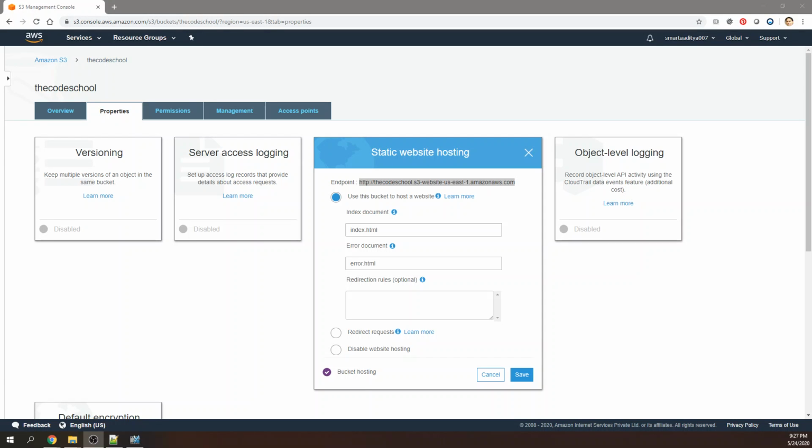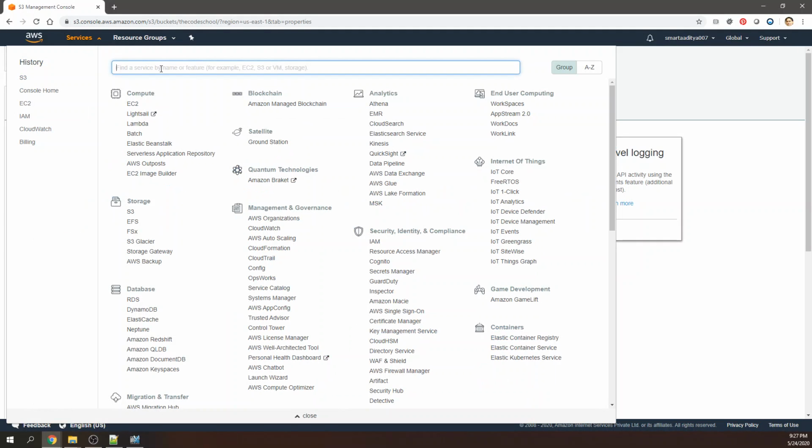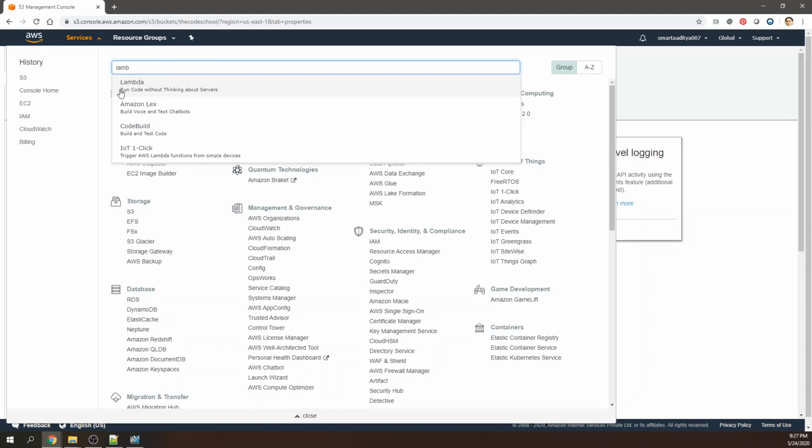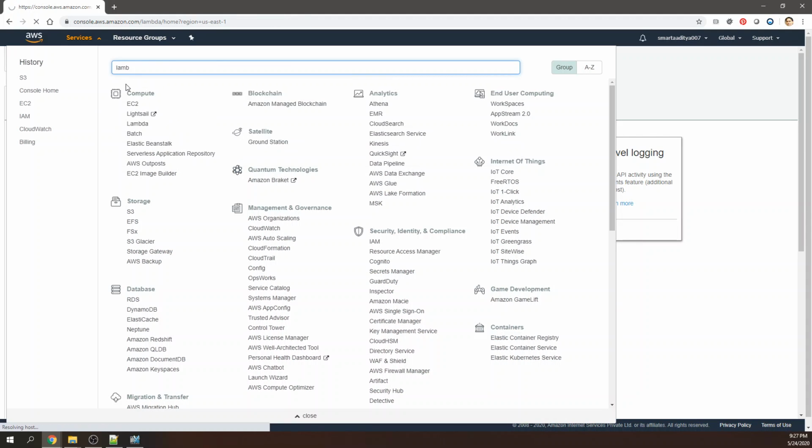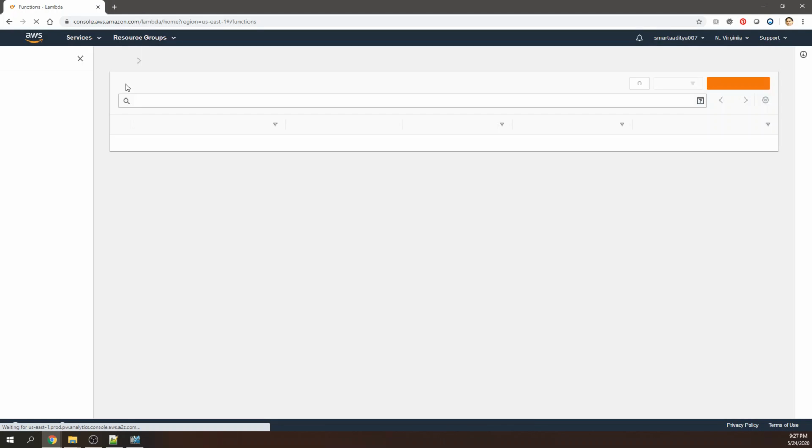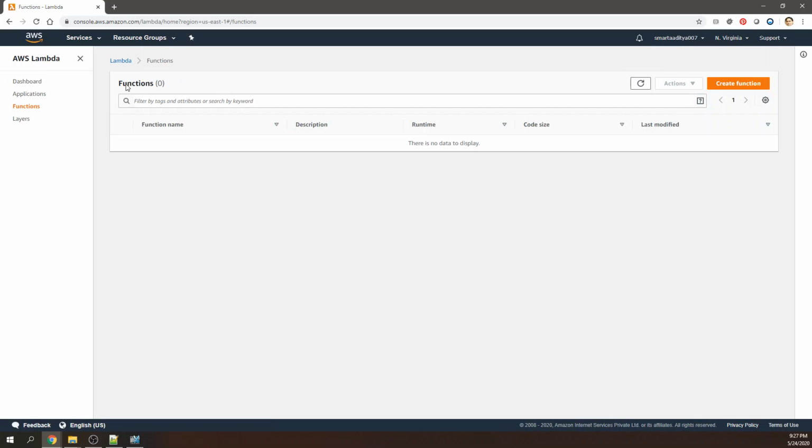Next step is to create the Lambda function. So let's locate the Lambda function from here. Say Lambda. Once the Lambda function window opens, then you can click on the orange button, create function,